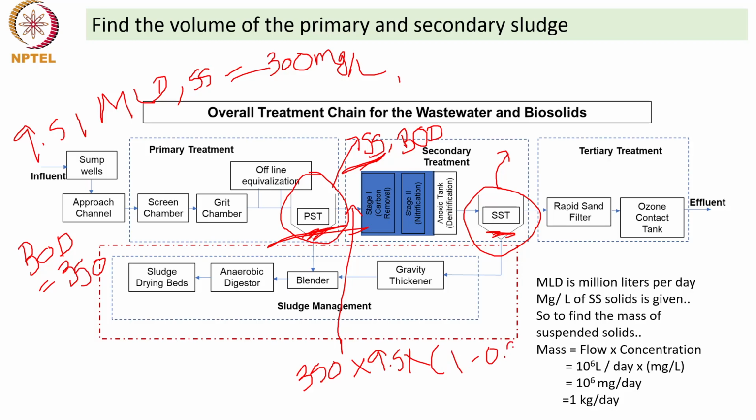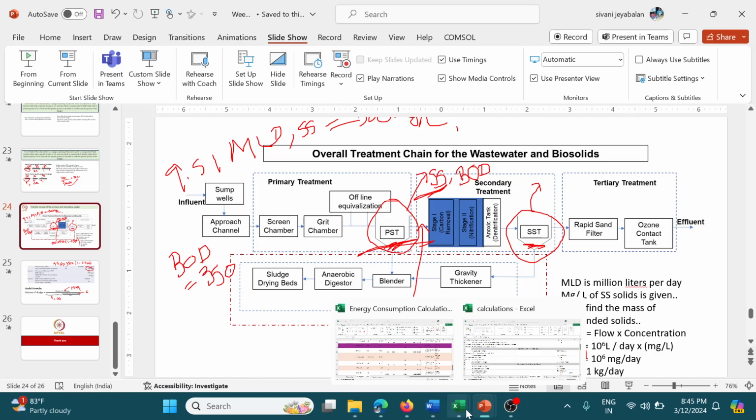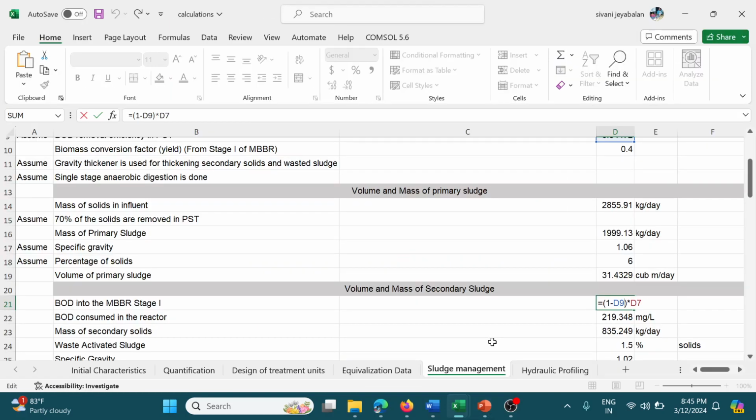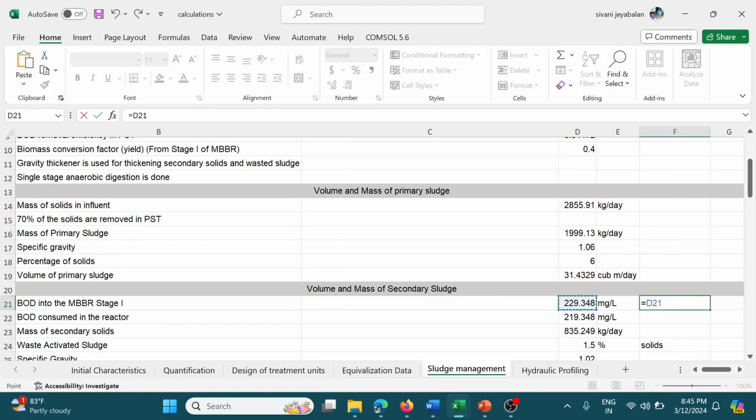Punita, you are getting what I am explaining? Yes, ma'am. Okay, now tell me the answer. Bhupender, what was the answer? 1873.536 kg per day. Fine, one second. Equal to this into